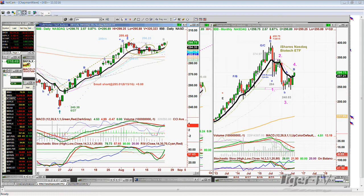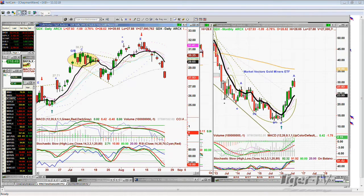And just real quickly, I want to go to our callers, but GDX, this is exactly the opposite. Here's the left side low of 27.44. If it closes more than 2 days, I'll give it 3 days because it's gold, the GDX. This is the Market Vectors Gold Miners at 27.94, down $1.08. If it closes under 27.44,